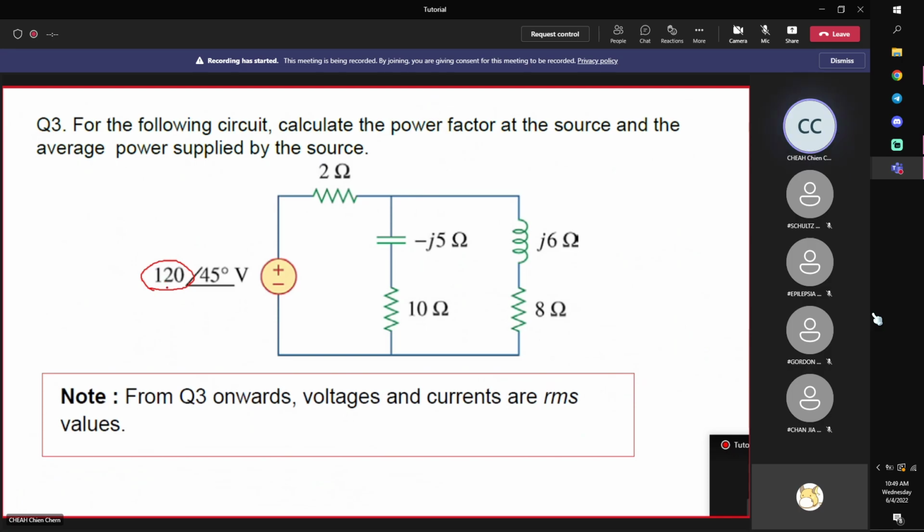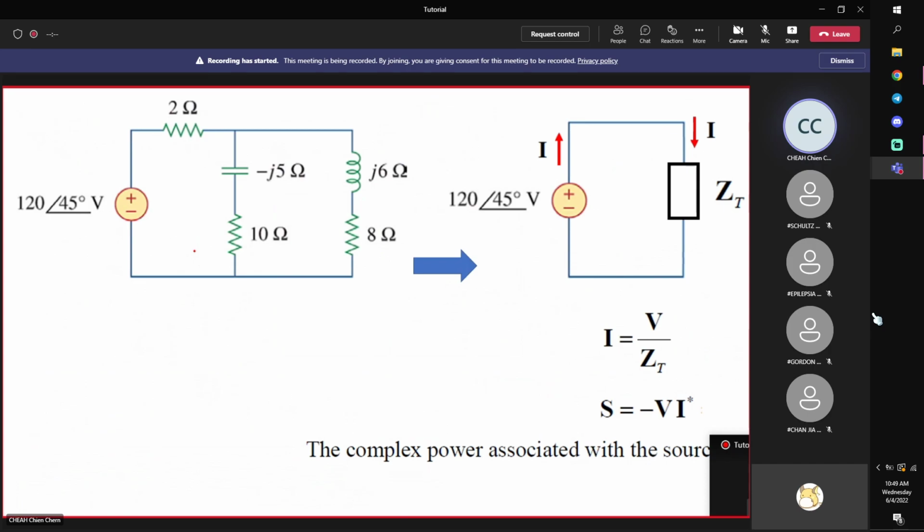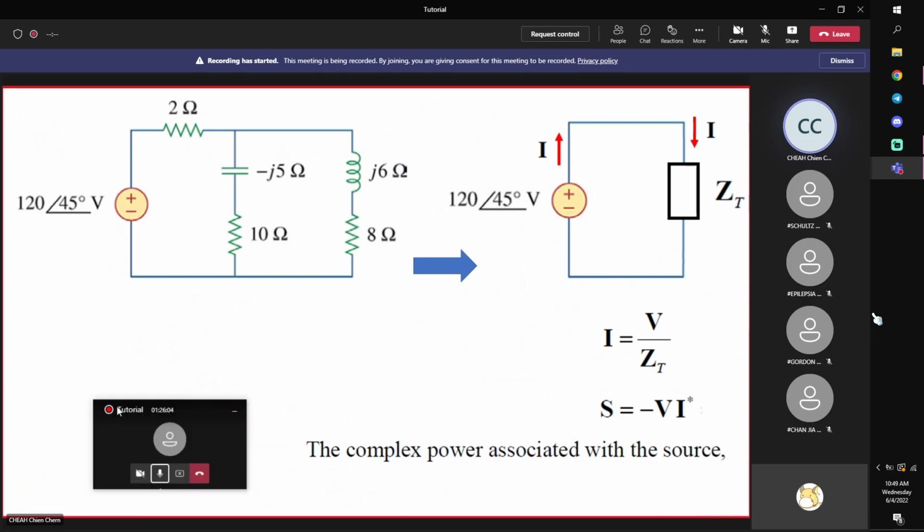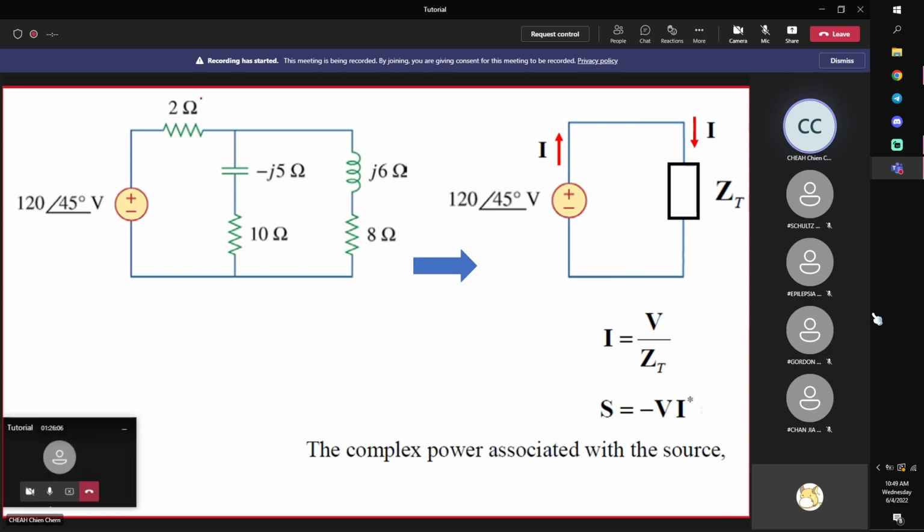RMS is peak value divided by √2, so the peak value is 120 multiplied by √2, in other words. I will show you the overall formulation first. This is how I will deal with this problem. I'll simplify this whole thing